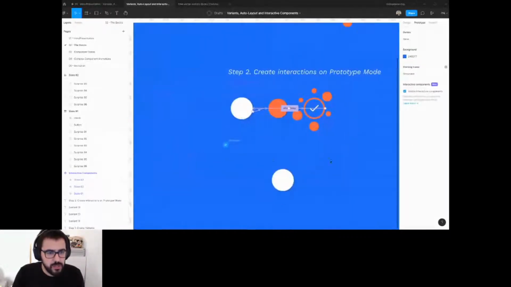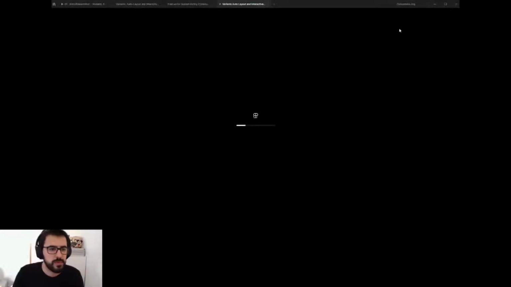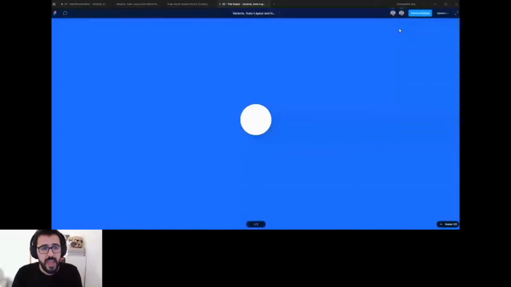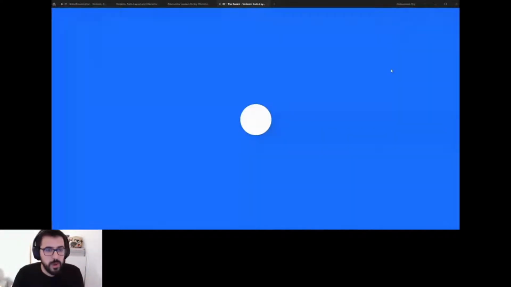Okay, I already got a little showcase here, so I can click prototype, and let's see how this goes. By the way, I love this new Figma loader. I'm not sure if you guys have seen it, but it's really cool. So how it is working right now: I created an interactive component that's really simple to use. It already has some really smooth animations, really cool ones, and if you click it, there you go. So I created basically an animation for a confirm button for whatever, but it's just really fast,